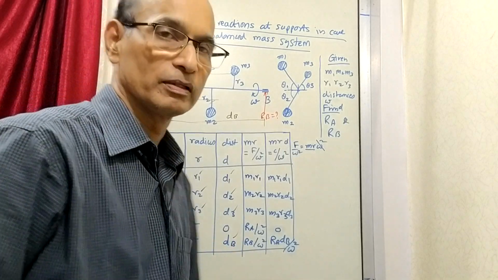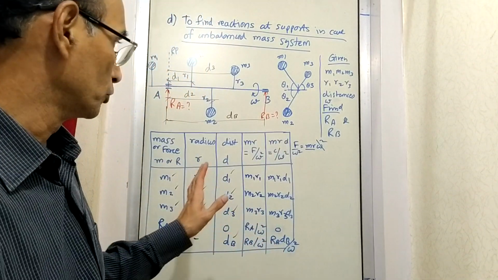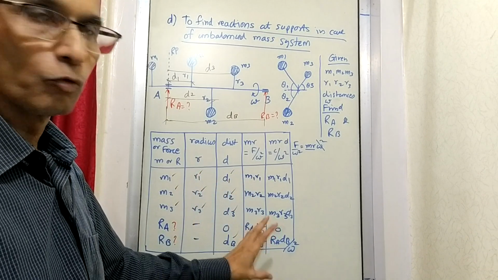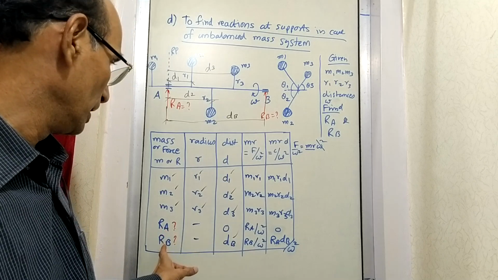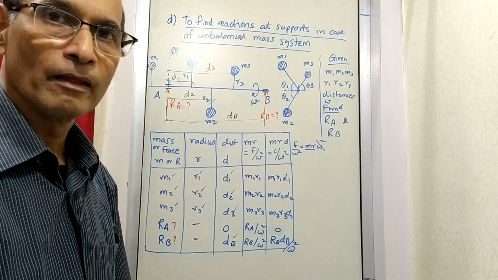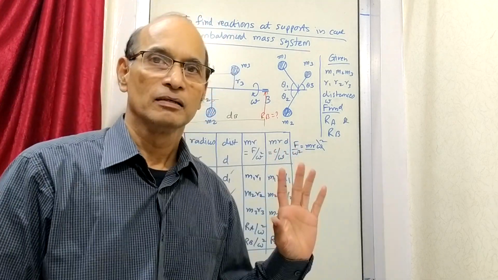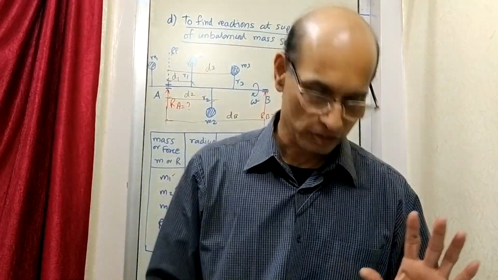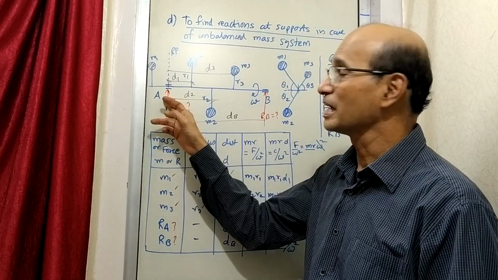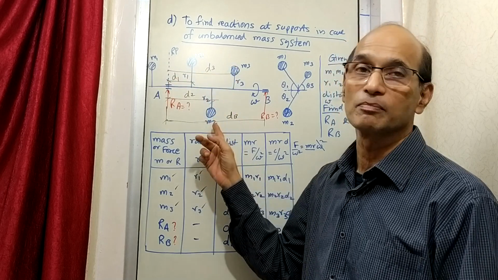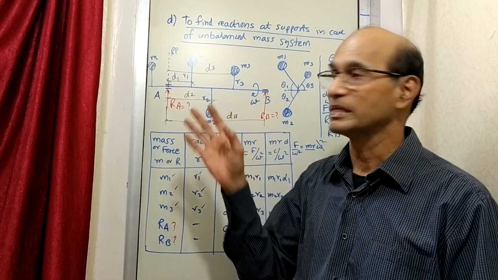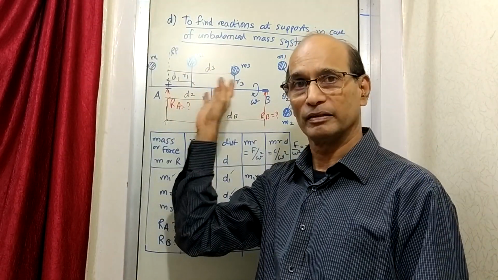So how do we go about further? We have written up to this much. And what is now going to happen is, we are now going to find out the values RA and RB, for which let us have a look at this column. Now as we have seen already earlier, the system will be in the balanced condition because it is not going here and there. Although there is no unbalanced mass, the reaction forces and the forces that are caused by these masses, all together, are in equilibrium in the sense that the shaft is not going here and there, it is still in the same place.